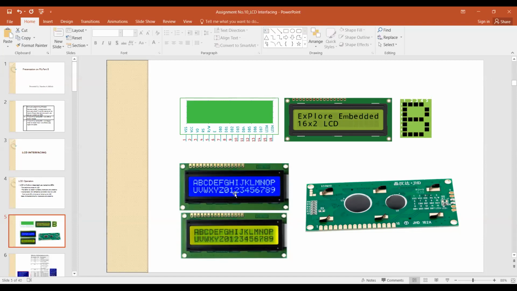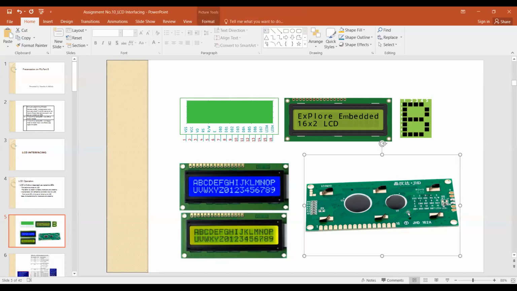16 by 2 means that in one row you can display 16 characters. So on the first row 16 characters, on the next row 16 characters, and it is a two-row LCD display, and that's why there are 16 and 16 characters and two rows, first row and second row. Now, if you want to connect this device with our 8051 kit, then we need to make some connections. The connection we make between this LCD device and our 8051 is through the pins which are available on the LCD.